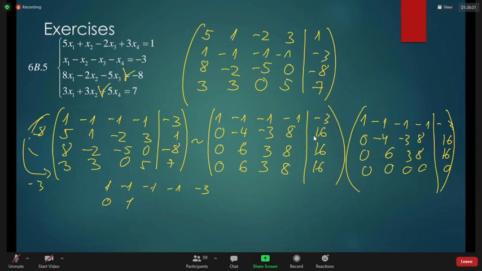Why that? Because I want 1 in this place. So I divide the second row by minus 4. So I have 3 over 4. I have 8 divided by minus 4 is minus 2. And 16 divided by minus 4 is minus 4. Last row is all zeros, and the third row, I could divide everything by, perhaps I could divide by 6,